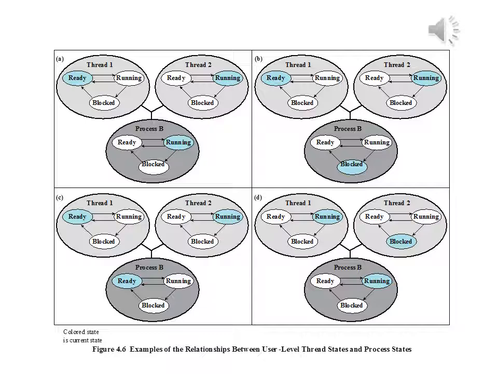The following examples should clarify the relationship between thread scheduling and process scheduling. Suppose that process B is executing in its thread 2. The states of the process and two ULTs that are part of the process are shown in Figure A on the upper left portion of the slide. Each of the following is a possible occurrence. The application executing in thread 2 makes a system call that blocks B. For example, an input-output call is